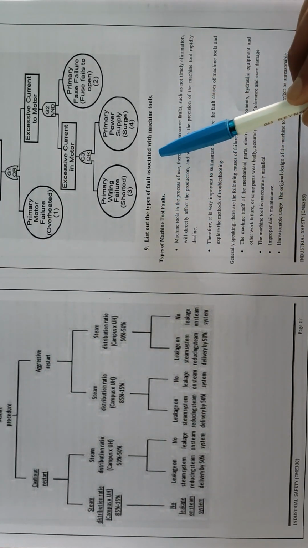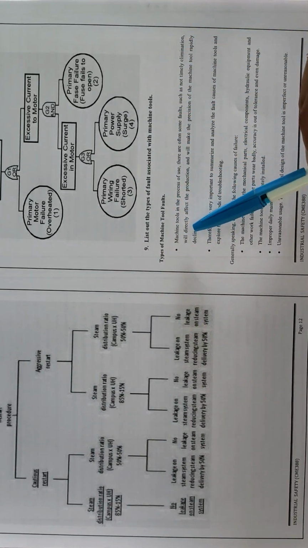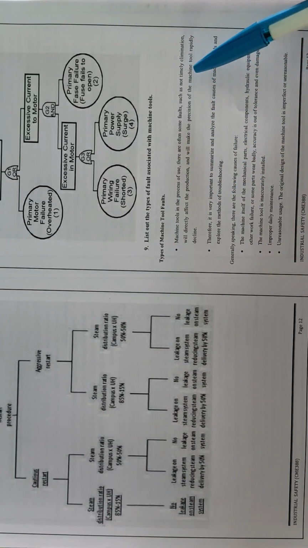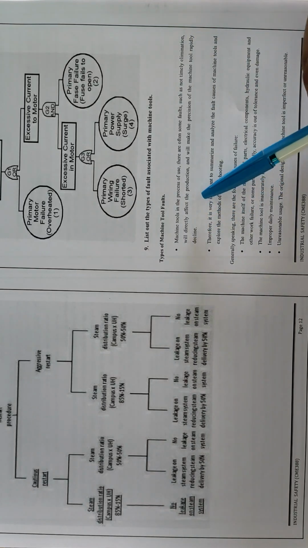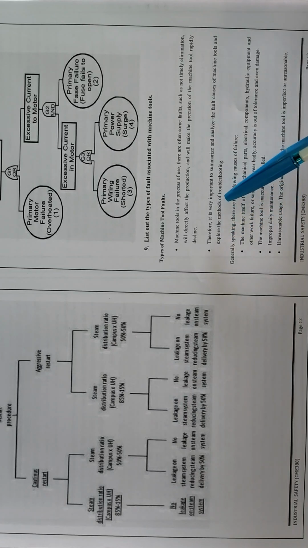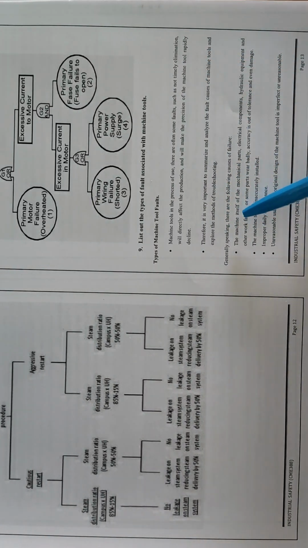List out the types of fault associated with machine tools. Types of machine tool faults. Machine tools in the process of use often have some faults, which if not eliminated in time will directly affect production and make the precision of the machine tool rapidly decline. Therefore, it is very important to summarize and analyze the fault causes of machine tools and explore the methods of troubleshooting. Generally speaking, there are the following causes of failure: mechanical parts, electrical components, hydraulic